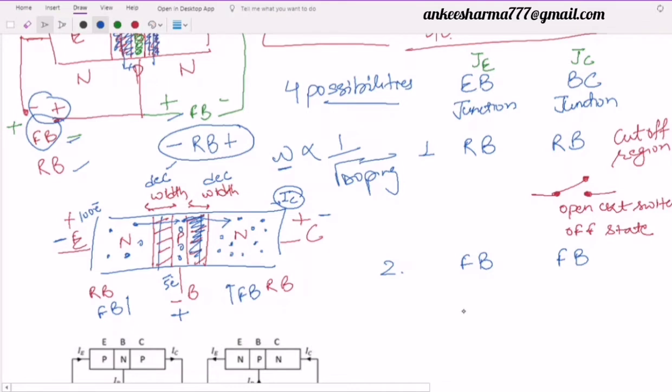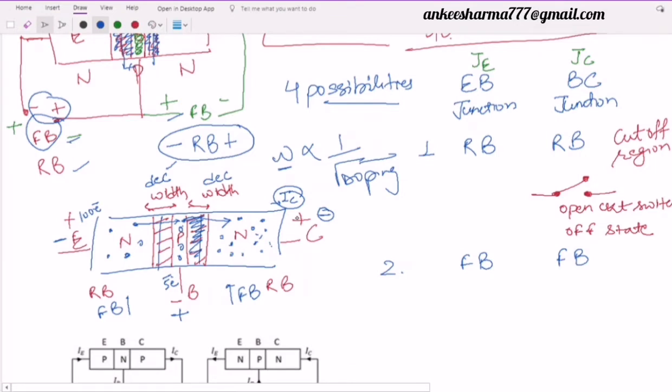Electrons are going from here to the collector and they will be combined with the holes provided by this. Over here we have negative, right? So what is going to happen? The electrons will fall here, and due to the diffusion there will be flow of the electrons from the base to the collector. All the electrons will reach here, right? Now what is going to happen? Due to this, the current will flow. There will be a closed path.